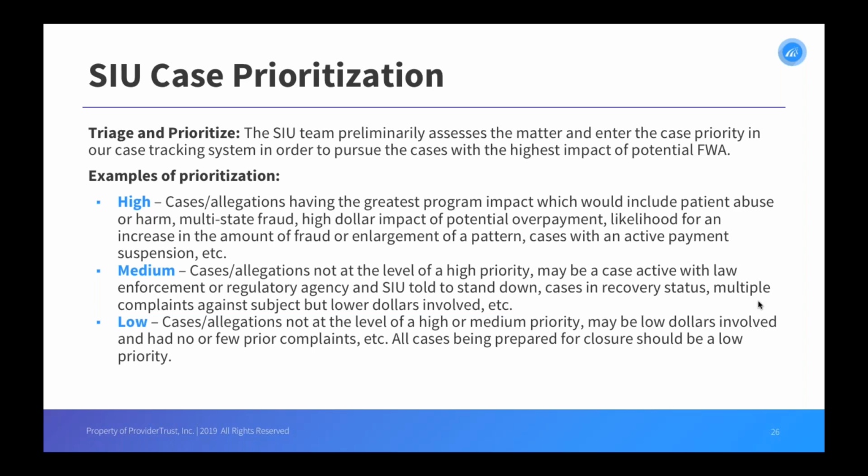This is actually directly from one of our partner health plans. They were willing to let us present it and kind of tweak it a little bit to be able to send it out. But sort of a high, medium, low, and what actually qualifies in that. So high prioritization, cases or allegations having the greatest program impact, which would include patient abuse or harm, multi-state fraud, high dollar impact of potential overpayment, and that is high dollar is set by you and your organization. Likelihood for an increase in the amount of fraud or enlargement of a pattern, and cases with an active payment suspension, right? So that's just an example of what one partner health plan would qualify as a high priority case